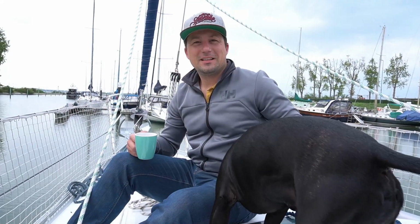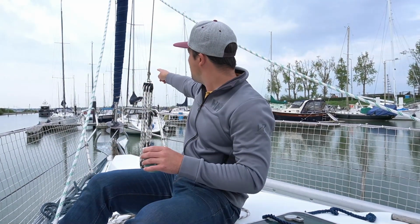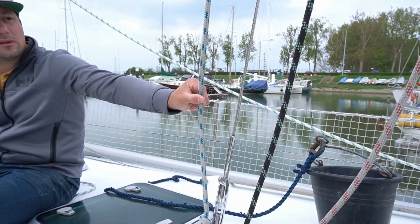Okay guys, as you have seen, the forestay is damaged and we have to replace it with a new one. We're going to do it ourselves with some help of our neighbor. He's an experienced sailor and he's done all kinds of repairs on the way. First, I'm going to take down the Genoa, and when that's happened, I'm going to put this inner forestay up there to where the anchor is coming out, and then I'm going to use a halyard to secure it even more, and then I'm going up with a halyard and a secured halyard